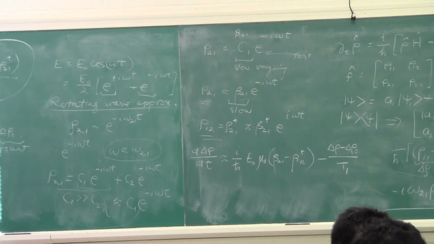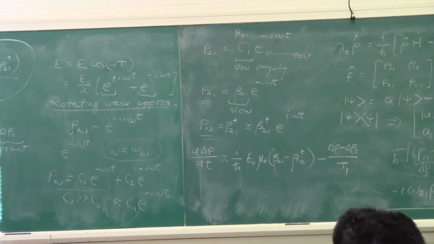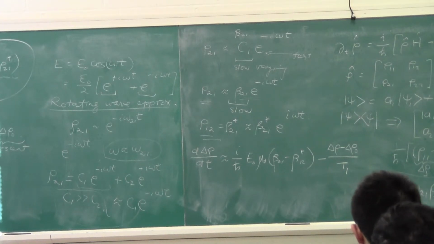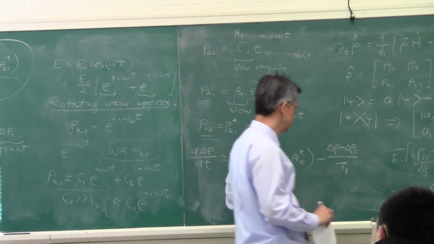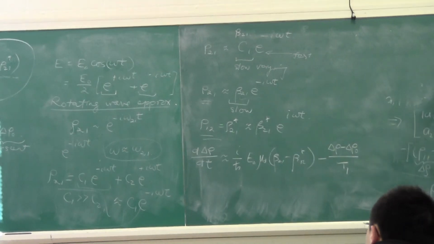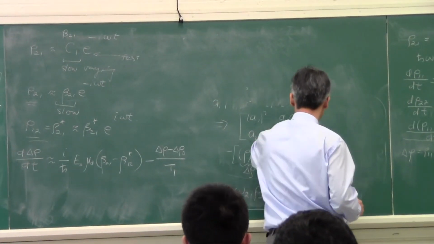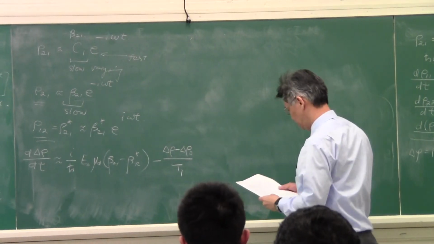And we are not interested in the rapidly varying solution because if you try to excite something with the rapidly varying term, the response is going to be small. The response to the excitation is going to be small. And so we are only looking at the slowly varying response to the excitation. And if you do that, then